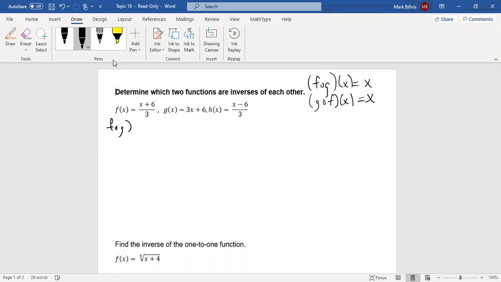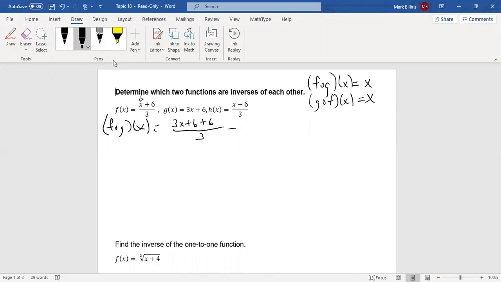of g of x. So what that means, remember, we're working from right to left. That means we plug the g function, which is 3x plus 6, into the x of the f function, which is x plus 6 over 3. So again, I take the 3x plus 6 and it replaces the x in the f function. So now this changes to 3x plus 6 plus 6, because we have x plus 6 in the f function,